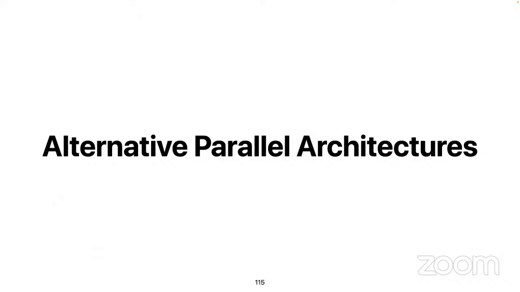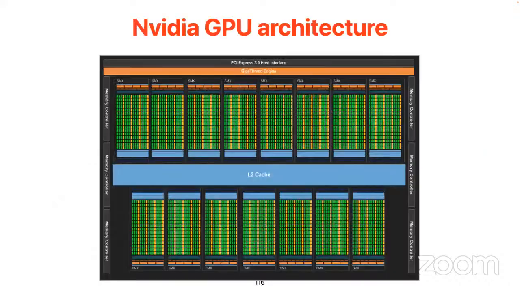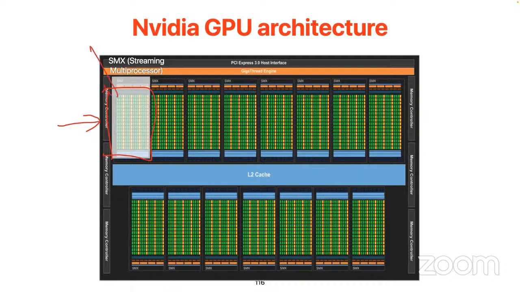In addition to CPUs, there is an alternative and increasingly popular architecture for people to do parallel processing. That's the GPU. And the GPU's idea is really simple: we just put a lot of ALUs, and these ALUs can perform the same operation within a single SMX, like streaming multiprocessor. So the programming model of GPU is that I can feed vectors of data into the same SMX,